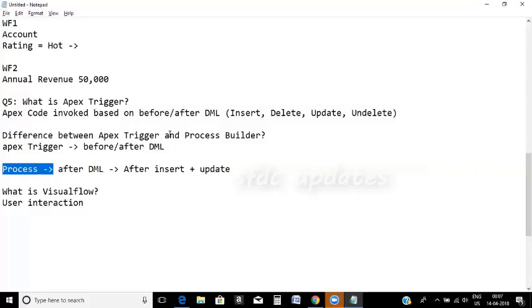You cannot have user interactions in between the process automation. But with visual flow, you build the screen elements and run them in the order you define, and you can automate different types of actions as part of the visual flow. For example,